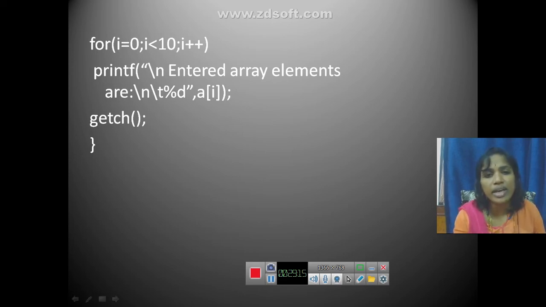So for the entered array elements, for i equals 0 to 10, you print the numbers you have read. The entered numbers will be printed out onto your screen.